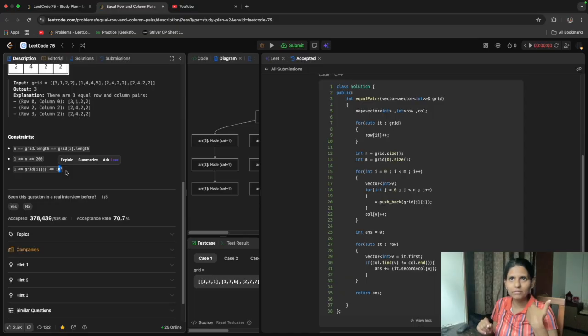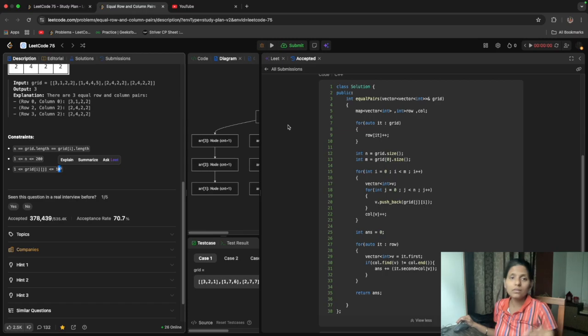From that node, draw a next node, and that node will store the address of the next node. Likewise, we'll go till n elements, that is all the elements of the row, and when we go to the next row, if it is the same, we will not store it again. We just check: yes, it is present, it is present, it is present, okay.